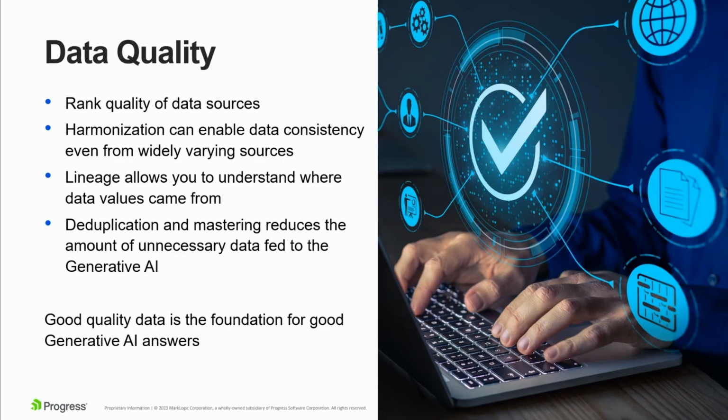So you need to put a lot of work into not just making sure you get it the right data, but that you avoid sending it data that doesn't matter, because the LLM's ability to figure out if a piece of information is important is not as good as ours is. We can do the vector approach, but we also have the ontology approach, and we have shown in a lot of cases that we're sending it the right stuff. We figured it out, and even after we send it, they're not getting the right answers. And then another one is deduplication, mastering.